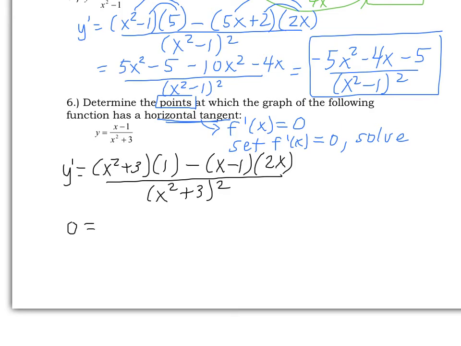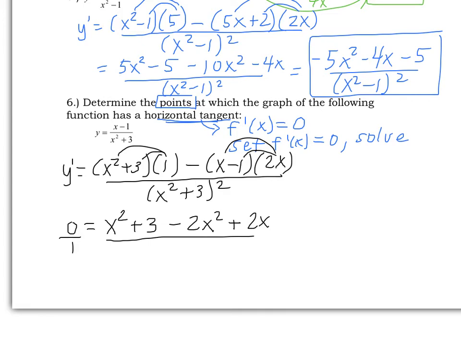Now if I were to put this over 1 and cross multiply, I'll also clean this up as I go. Distribute, distribute. So let me rewrite this here. We don't need parentheses. So we have x squared plus 3 after we distribute. And then we would have a minus 2x squared. And then we would have a plus 2x all over